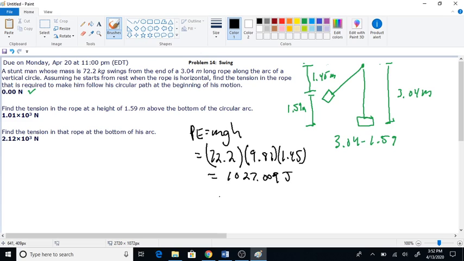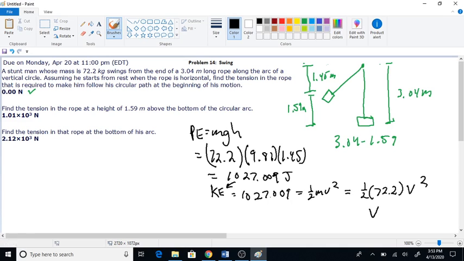So let's find the velocity now. Okay, well, if all that energy was turned to velocity, what would be my velocity? KE. And so this goes into KE. So 1,027, energy is conserved, 1/2 mv squared, which this is equal to 1/2 times 72.2 times v squared. So we're going to take this, divide by the 1/2, divide by the 72.2, take the square root, and we end up with a velocity of